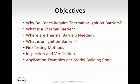Today, what I'd like to do is talk about a couple of topics. First of all, why do codes require thermal and ignition barriers? What they are, what defines a thermal barrier, where they're needed, what defines an ignition barrier, as well as where they're needed. I'll discuss some of the fire testing methods, both small-scale and large-scale methods, and also how you can